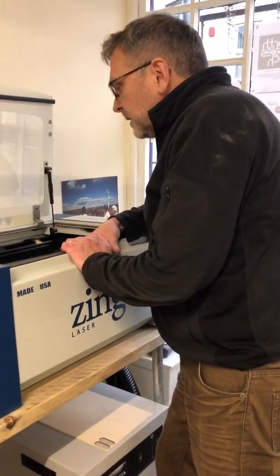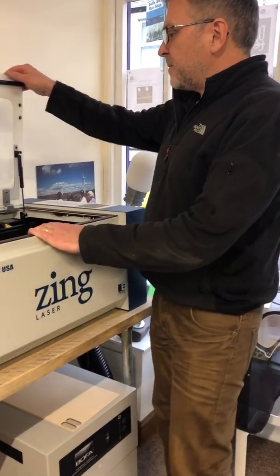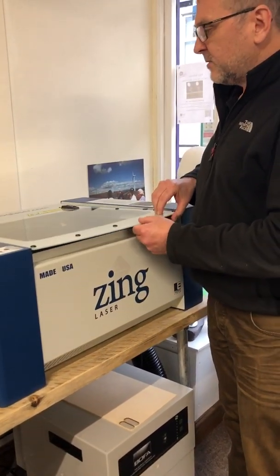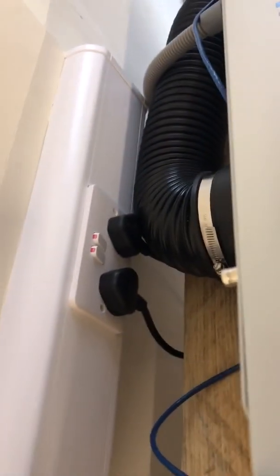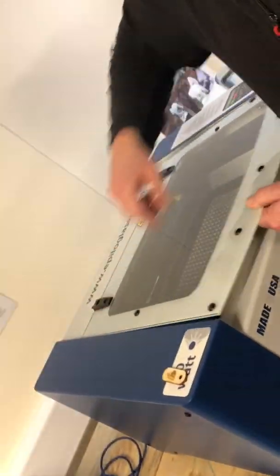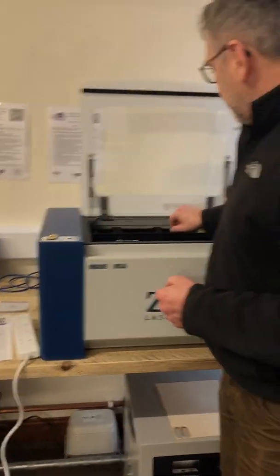So, the basic workings of the machine: there's a laser tube in the back here where the laser is generated, and the beam comes out of the laser tube and hits a mirror on this corner. That turns the beam to face forwards. And